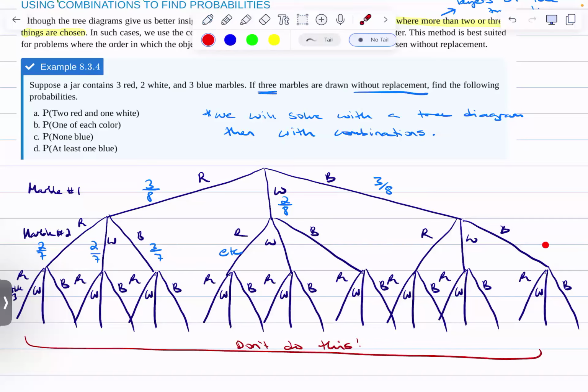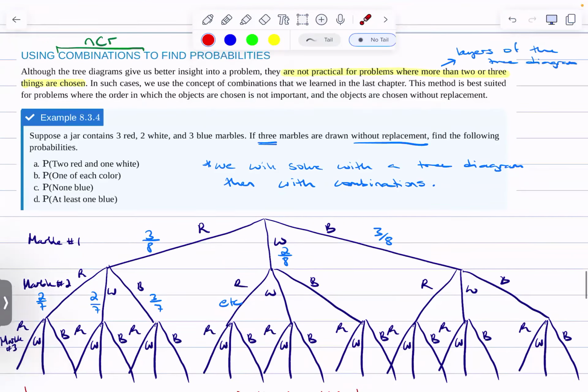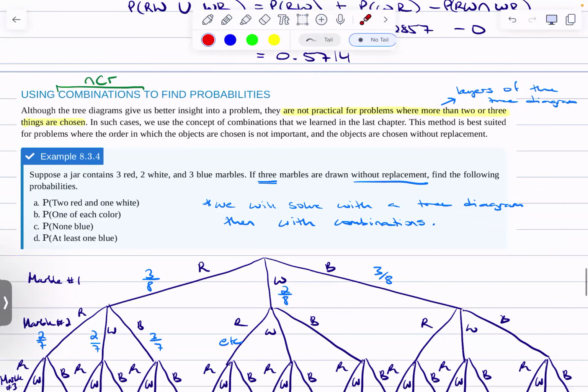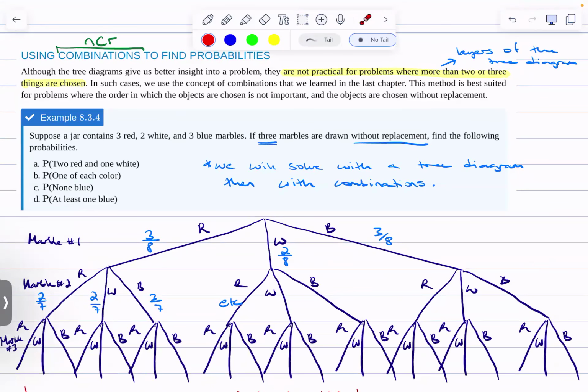The biggest I would do is 2 marbles. So we could do 3 and then 3, right? 3 colors, but only 2 marbles. It's the third marble that really kind of pushes us over the edge. If we had only 2 colors to start, it'd be a little bit more reasonable to do 3. And so that's why for problems where there are more than 2 or 3 things being chosen, in this case 3 is way too many, right? Then we're going to use combinations instead. And so